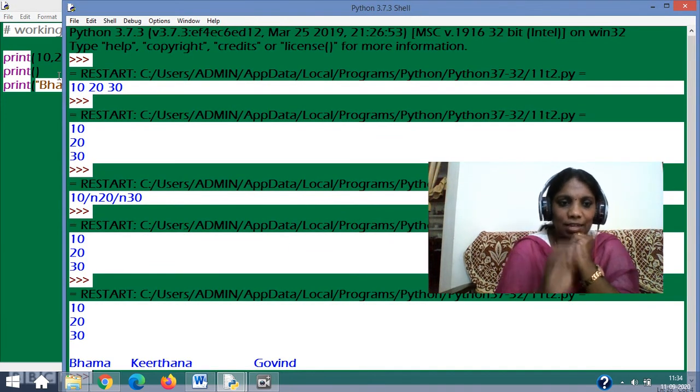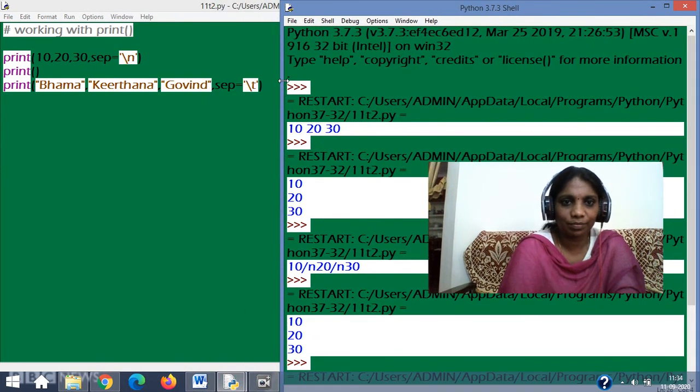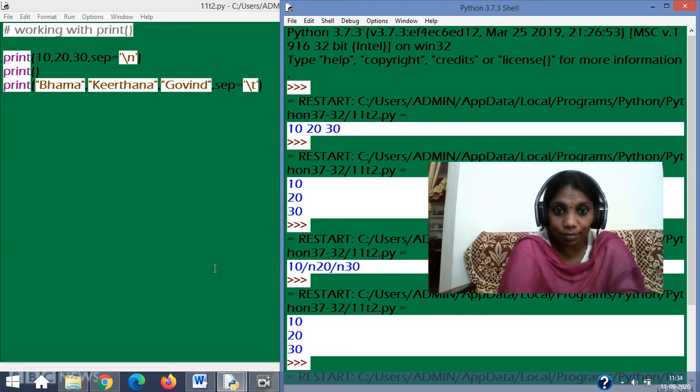Now, what is the difference? The first one, you see, this is the command. I can show you this way. The first command had 4 arguments, out of which the fourth one has an assignment value called \n, which is helping us print the other arguments in different lines. So 10, 20, 30 was printed, correct?